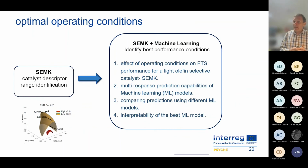So how did we do that in this case? Well, when you work with a machine learning model, you also need to train that model. What we have done in this particular case was that the effect of the operating conditions for Fischer-Tropsch synthesis was calculated based on the single event microkinetic model as it has been discussed before. Those data were then trained with multi-response prediction for 4 different kinds of machine learning models. And those predictions were then compared to the, you could say, experimental or training data that were generated